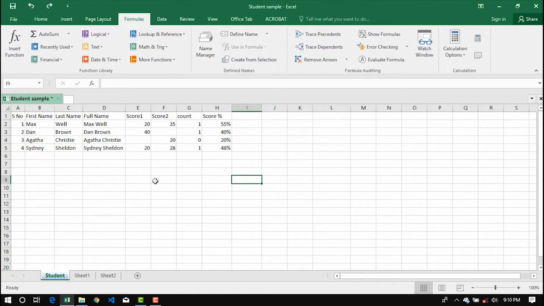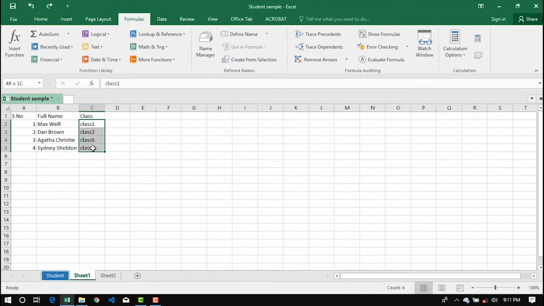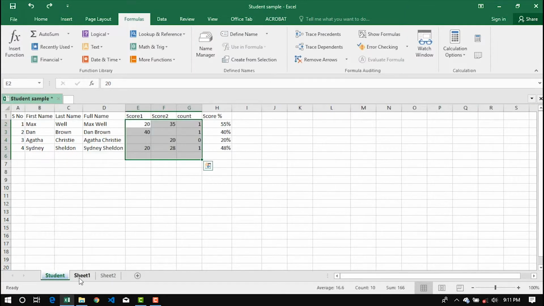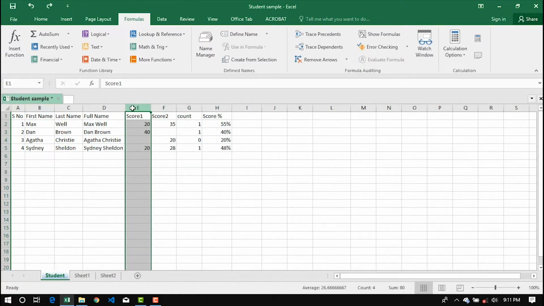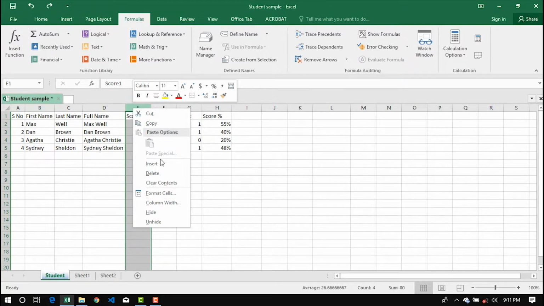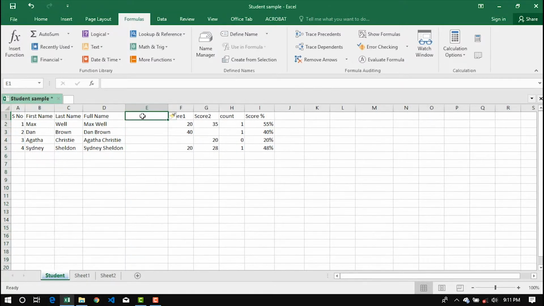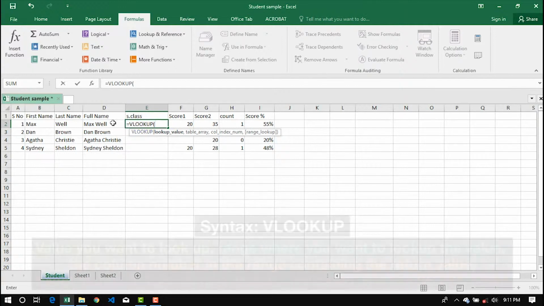In this main sheet, I have student names and their scores. In the second sheet, I have students' names and the classes they belong to. Say my requirement is to get the classes of the students in the student sheet. This can be achieved by using the VLOOKUP function. I'm going to create an additional column here, student class, for getting the class details here. I'll have to type equals VLOOKUP, followed by lookup value,